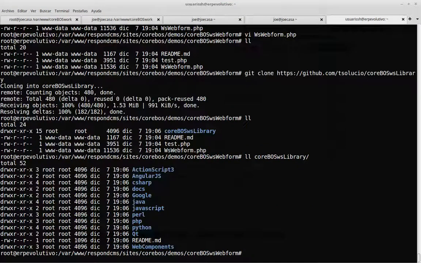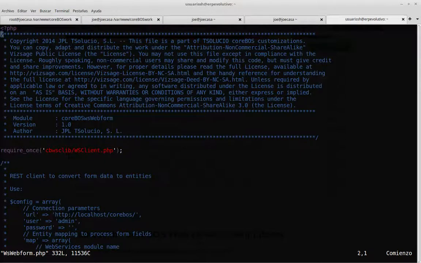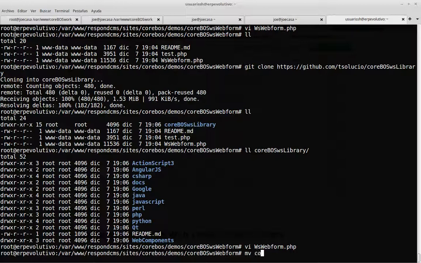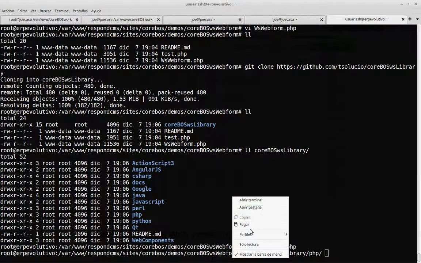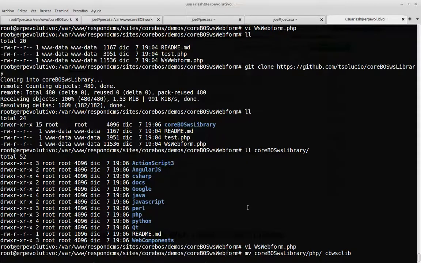If we look in there, we have all the languages. We just want the PHP one. And if you noticed in the web service webform code, it expects that to be in the directory cbws clib. Okay, cbws clib directory. So I'm going to copy that, and we're going to move the code we just downloaded, but the PHP directory, which is the one we're looking for, into the cbws clib,